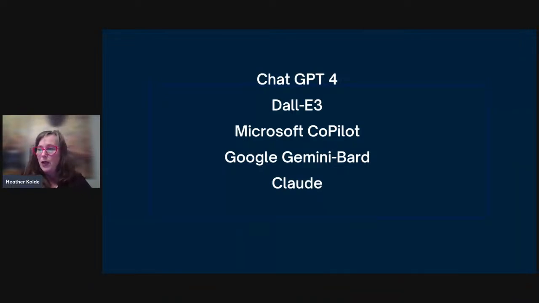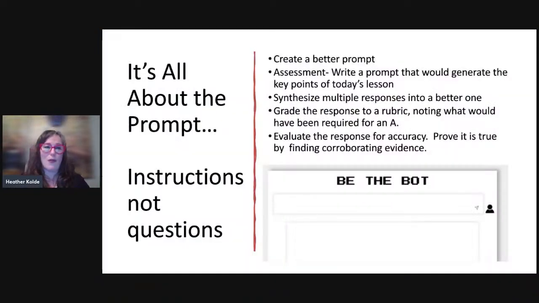But really, whatever LLM you choose, one thing that we really need to stress with our students and think about is that it's all about the prompt. I was going to do a little song, but I'll save you from that. But remembering that prompts are instructions, not questions. And I think that is a huge misunderstanding in the use of AI.